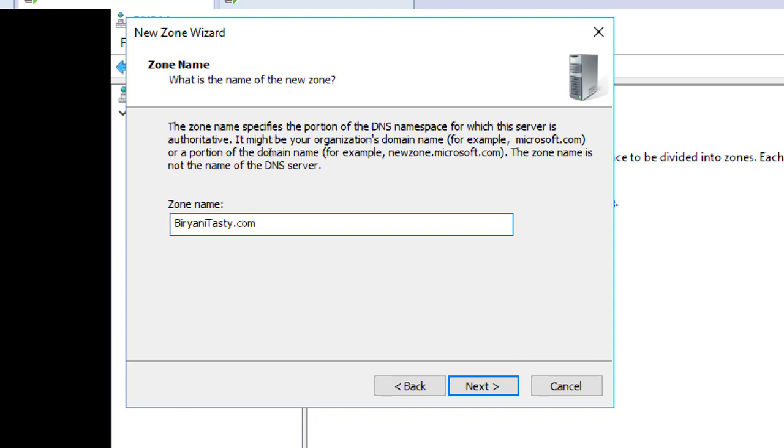This is a new zone and primary zone. So guys, why would you not put .com here? Why would you put .local here? And is that a big deal if we put .com here? This is a local environment. I'm putting .com here. Is that a good idea or a bad idea? It's not a good idea at all, because this is not a root. We have to go to the biryani. Tasty is the parent, and the